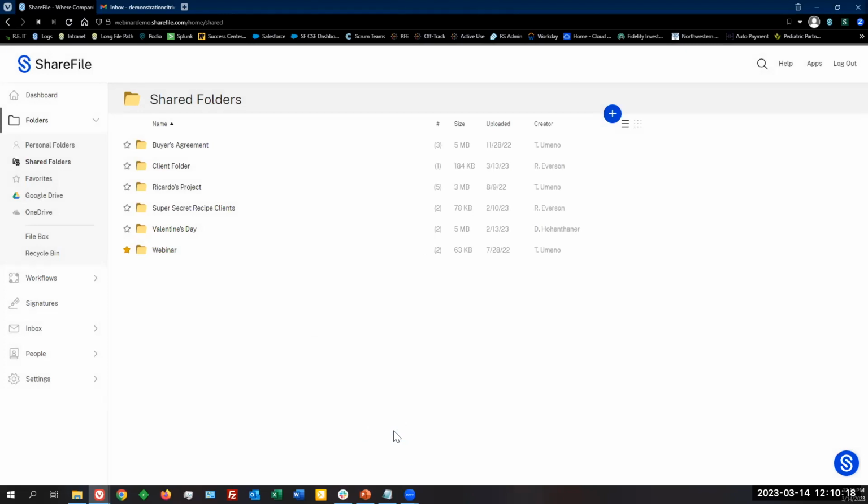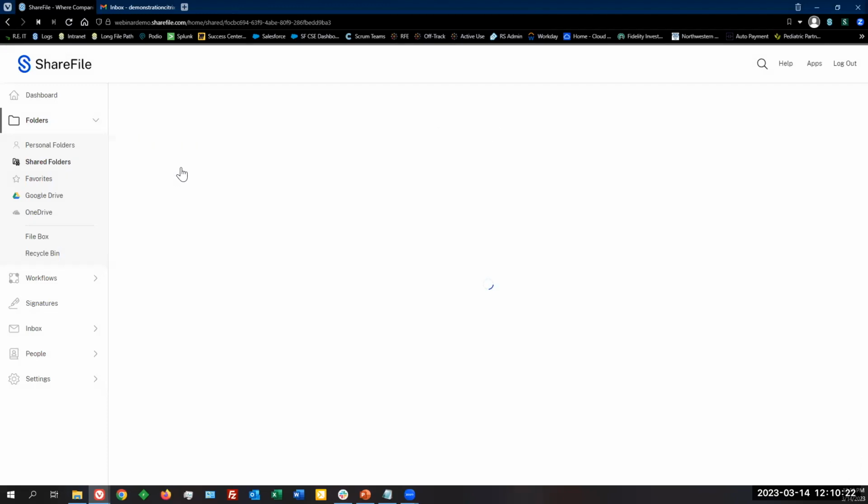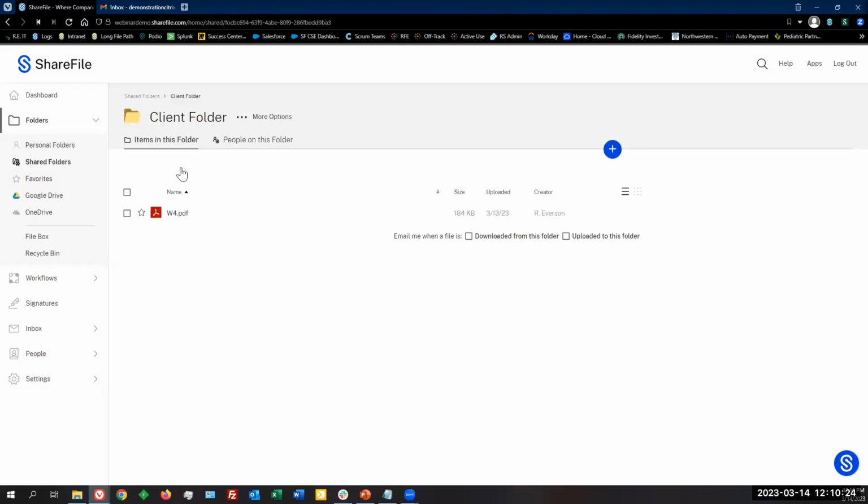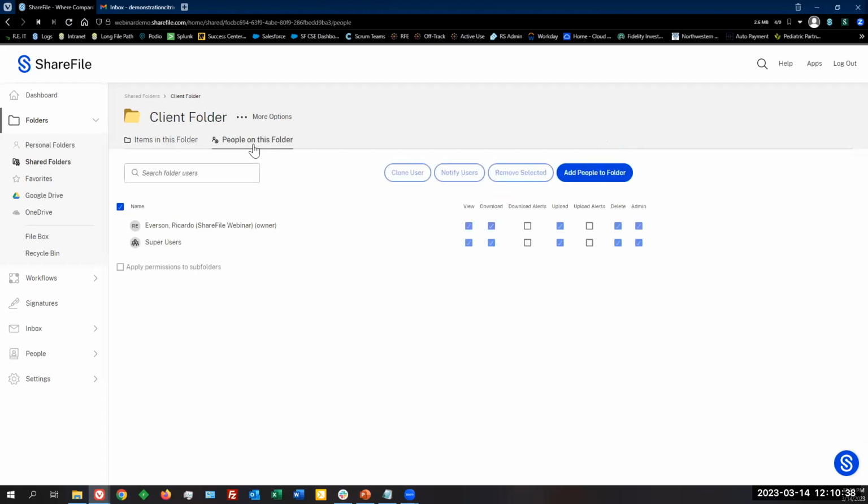And we're going to go to the folder that I previously created. And we're going to move to the process of creating a user or adding a user to this folder. Now that I'm inside of my client folder, if I wanted to add a user to the folder, I would go to people on this folder,